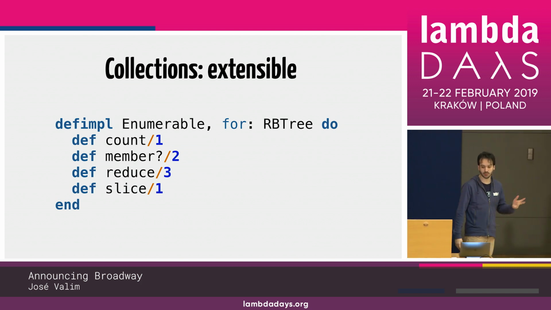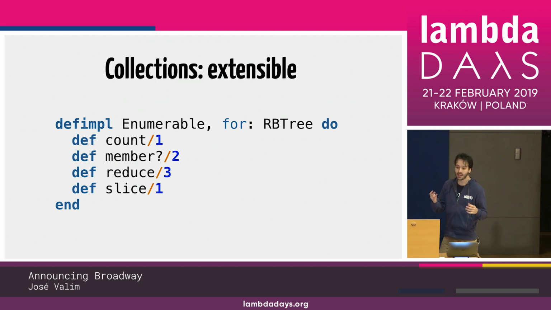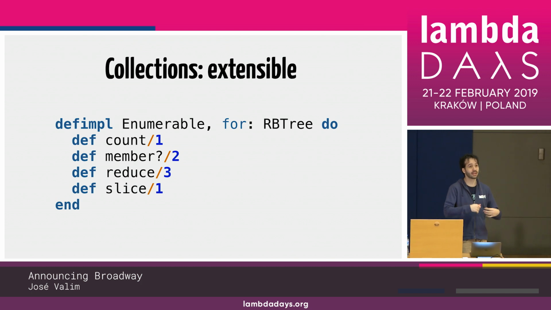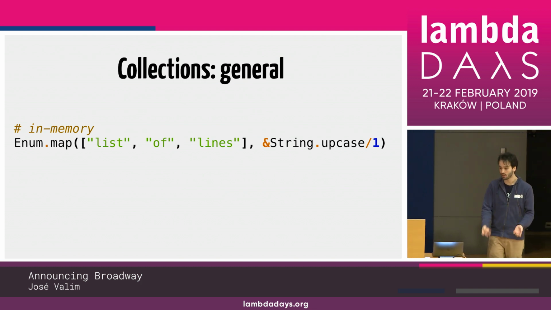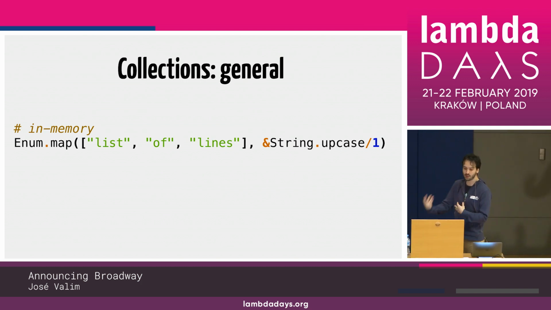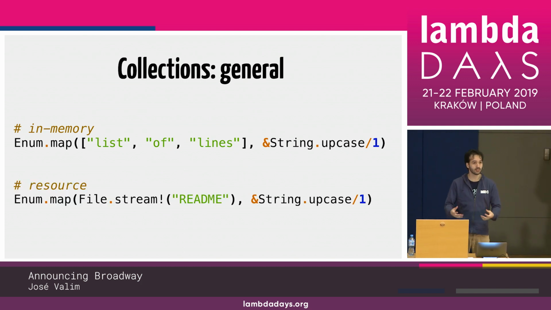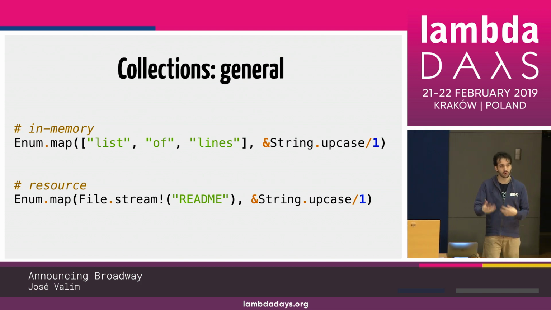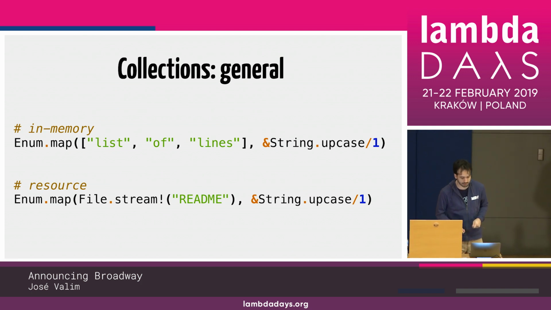Our collections are also general. So here, for example, if I have a list of strings, representing possibly a list of lines, I can go and upcase all of the text in each line. But if those lines are coming from a file, again, you can use the same API. You don't have to worry about it. So I can say, hey, actually, everything that I want to upcase, to convert to uppercase, is coming from a file. And then you just say, look, this is the file that I want you to traverse. And when you traverse that collection, we're going to do everything. We're going to open the file, get line by line, and then close the file at the end.